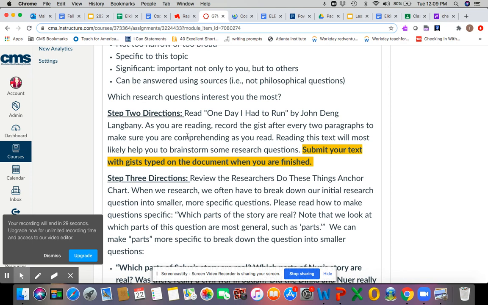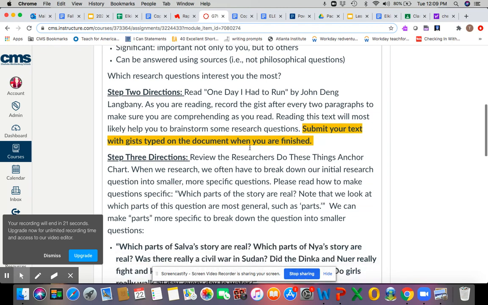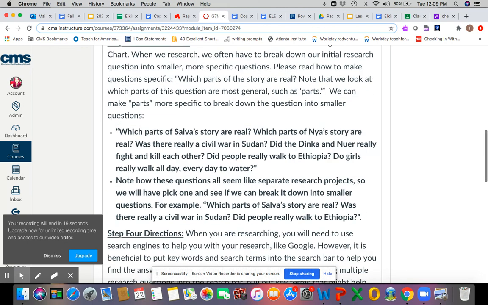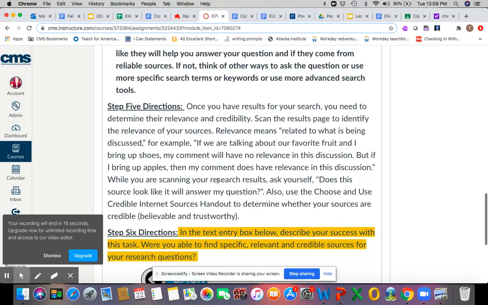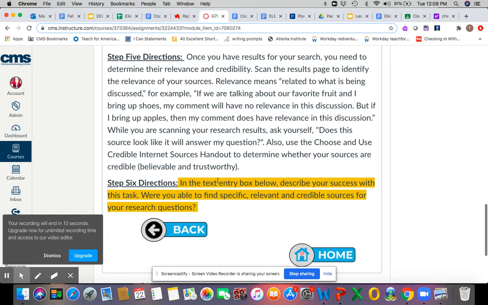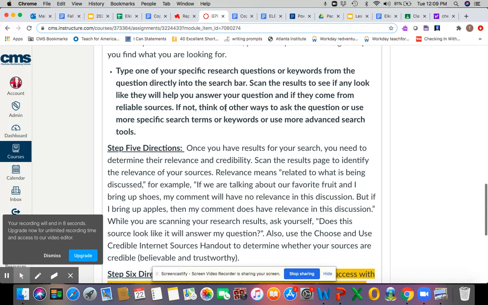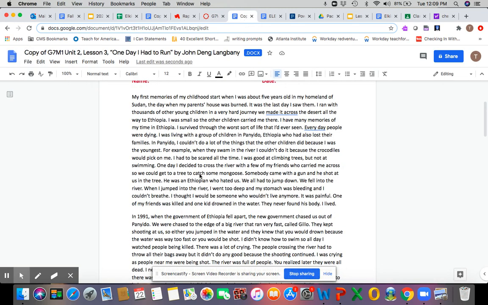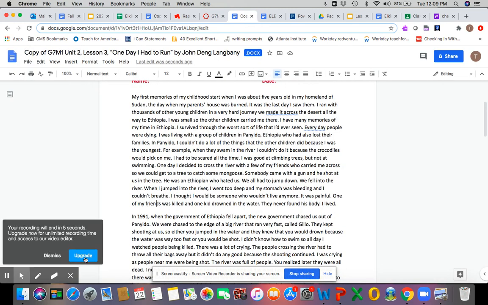So it gives directions for what to do with that text here. But it says submit the gist statements when you're finished. And if I scroll down, there's not a submission, which has happened quite often on Canvas. So that's why I say, you can use this copy, insert boxes for